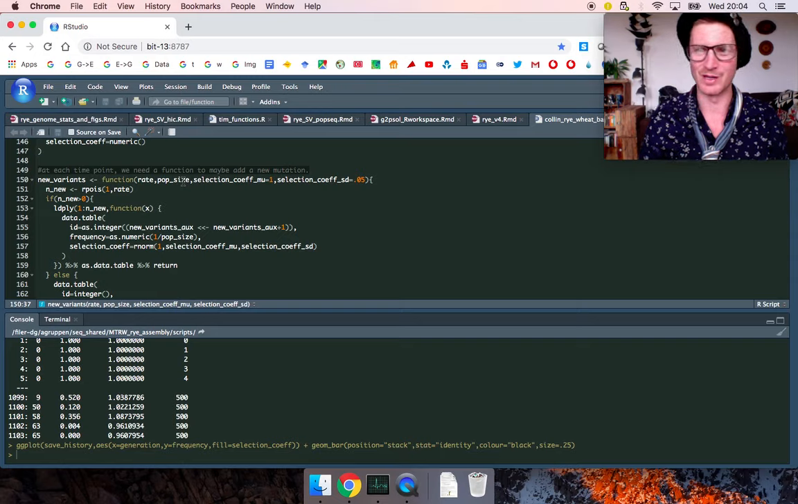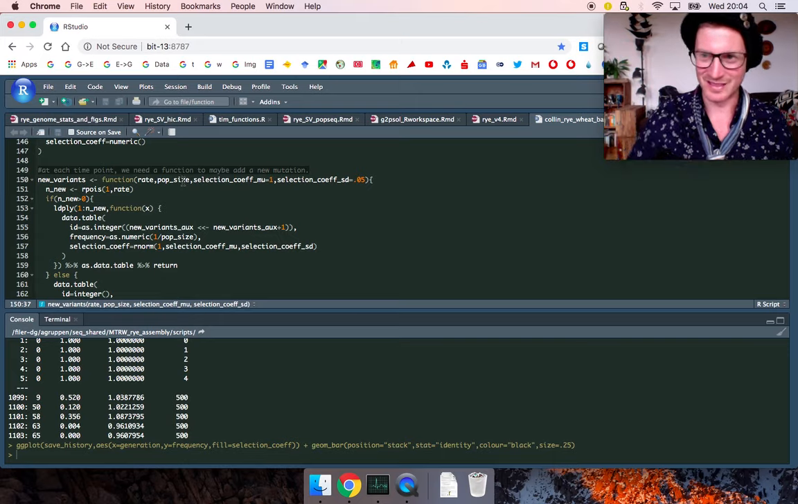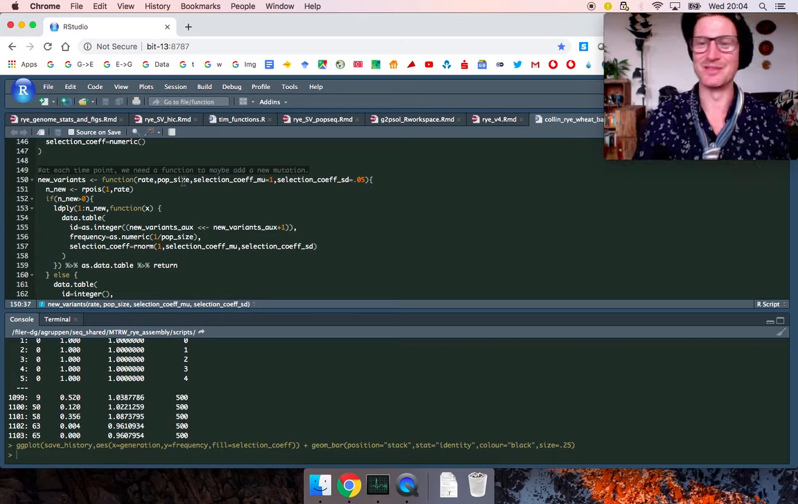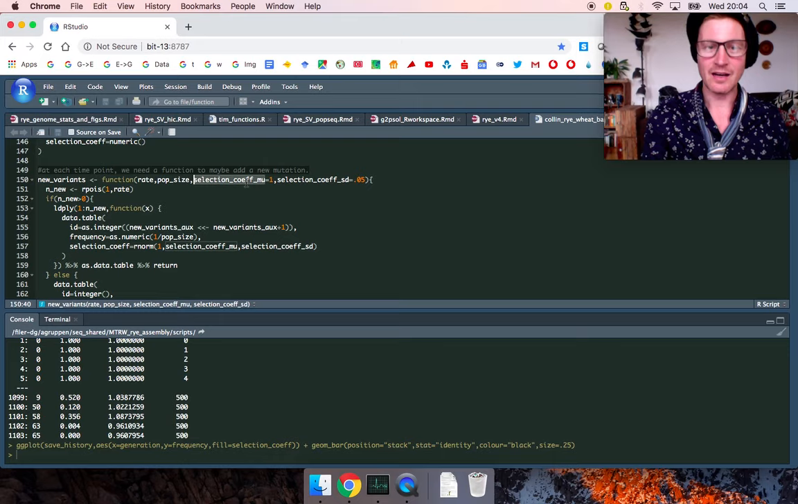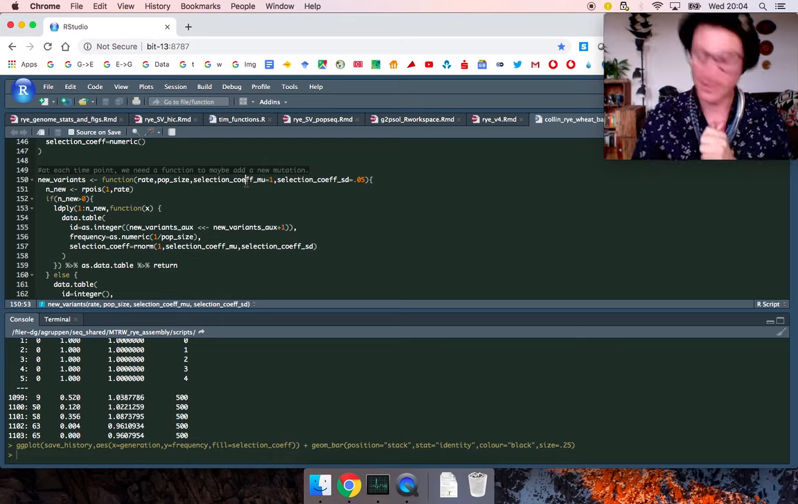You're just one in 10 to the 6 or 10 to the 8 or however big the population is. And the selection coefficient is: is the variant going to be beneficial or not? So I think